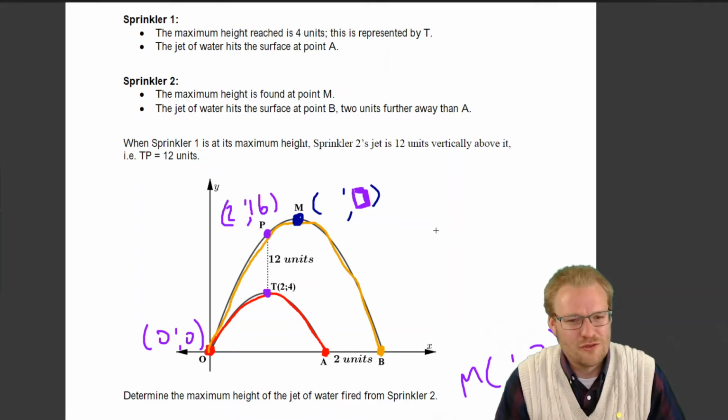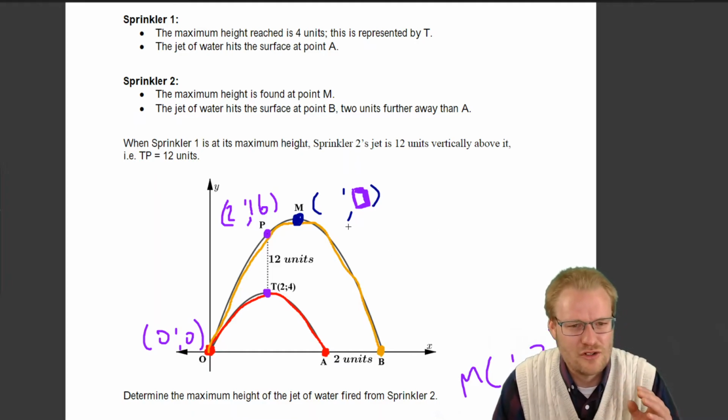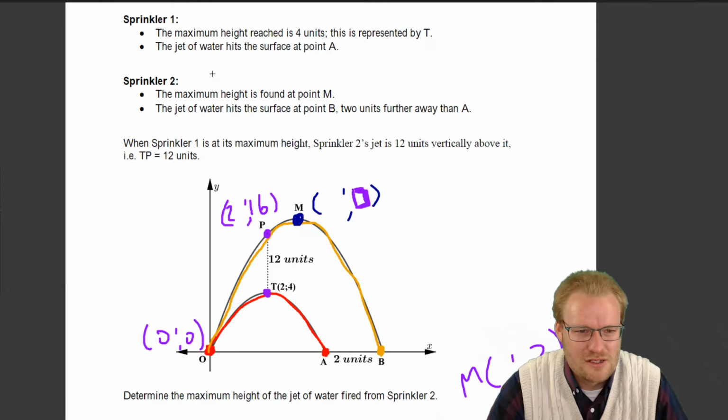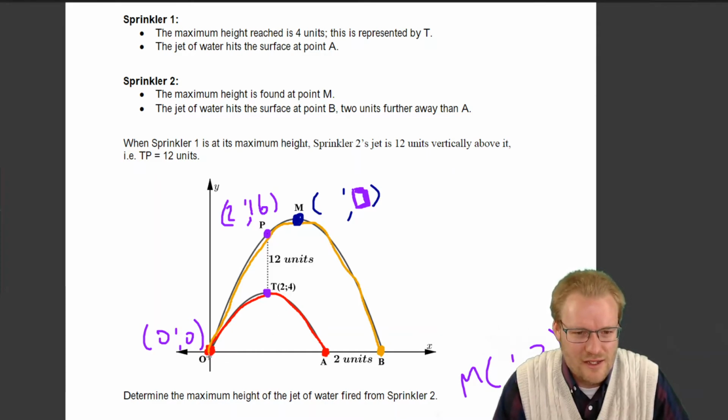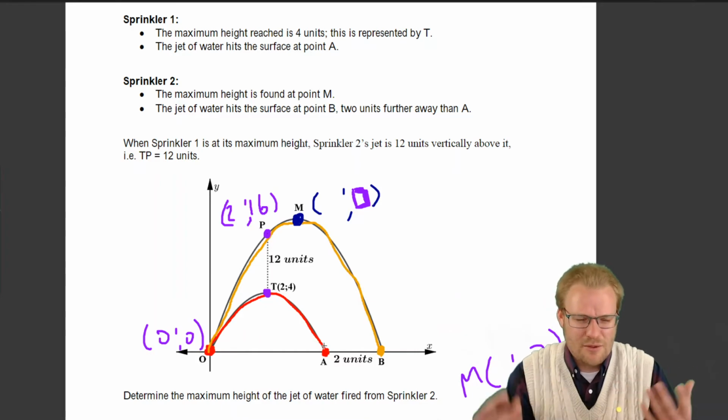Is that enough to, maybe you're still sitting, oh, I'm not sure, but I just want to give you an way into the question. So maybe that's how I can get in. I've got quite a bit of information. What else? There's quite a lot maybe embedded here. Can we find out the equation of this line? Will that help? Maybe we can find out what A is if we've got the equation of this parabola. If we've got the coordinates of A, don't we automatically have the coordinates of B? Cool, if we've got the coordinates of B, then can't we get